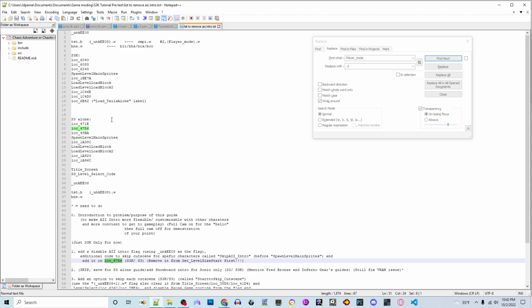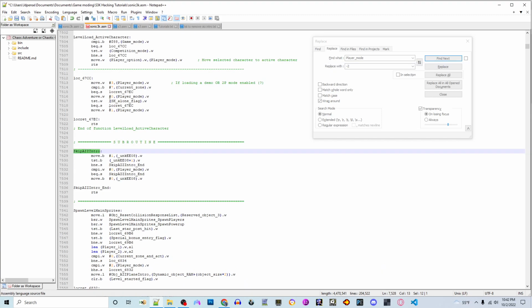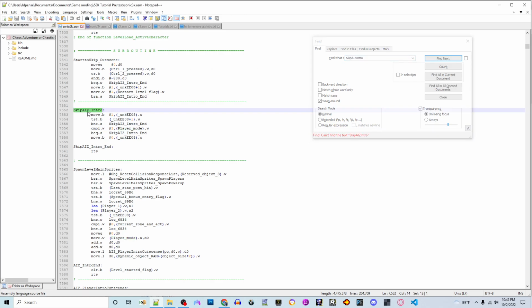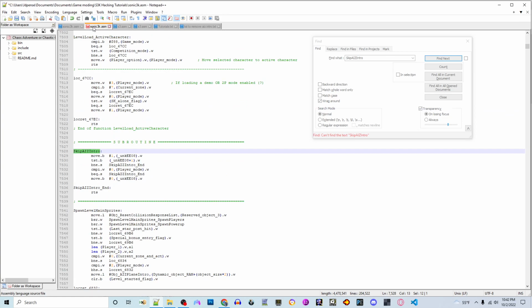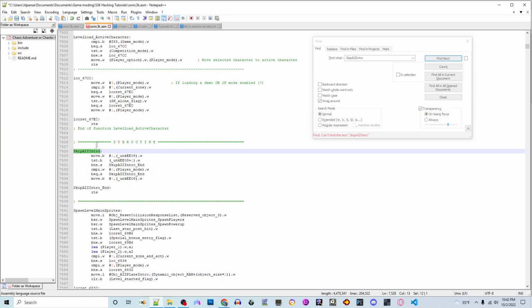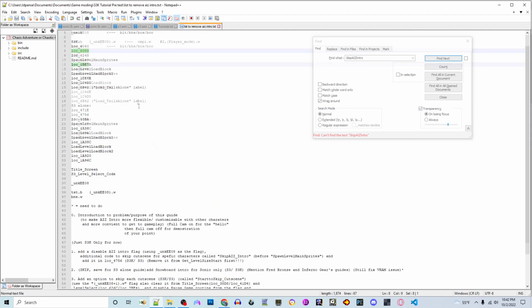Let's see, I had it. So we have to add it somewhere. Hang on, let me double check where I had this last in my other disassembly. Just bear with me. Okay, so, oh, hang on a second. I thought I had it in here. Wait, that's wrong. Why do I have it? Oh, weird. Okay, well, whatever. So anyway,